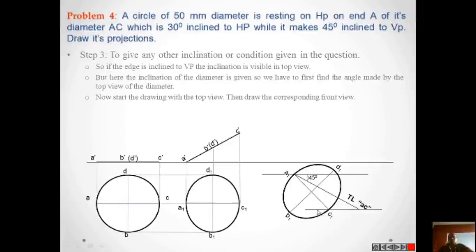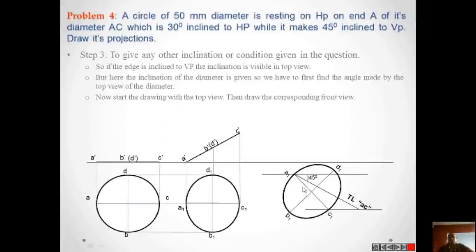So this is the locus line, and how is this line? It is parallel to xy. And how is this line? This line is inclined at an angle of 45 degrees with xy. And what is the length of this line? It is equal to AC. So AC line we have taken, and from one end you draw a locus line, and you take a distance A1 C1. From this point you draw an arc, you will get C1.